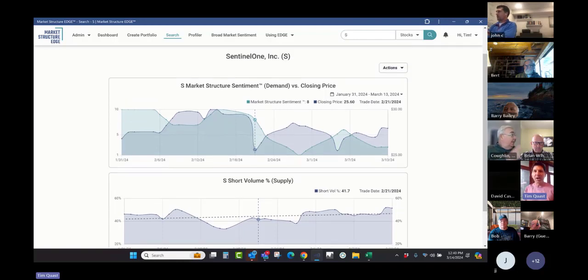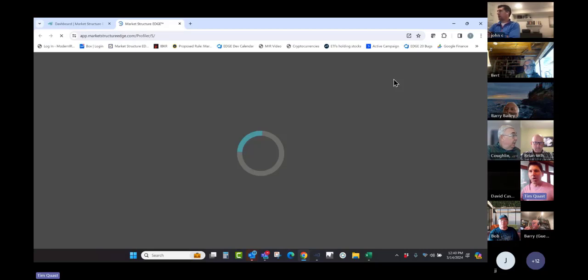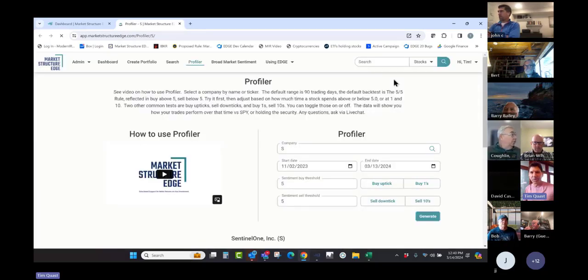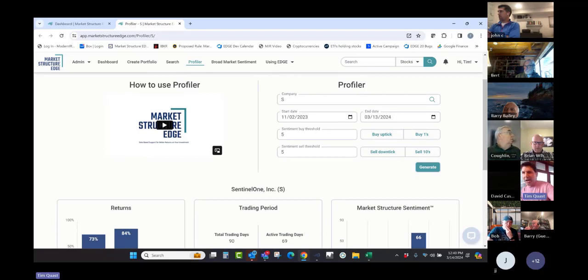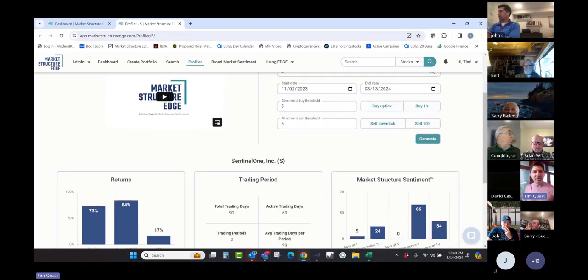Well, here's what I did. I immediately said, oh, okay, I'm going to go check something. Profiler is the weakest element of our platform because it was an early thing that we built, and it doesn't address the supply side. It only addresses the demand side, and it's kind of a blunt instrument.